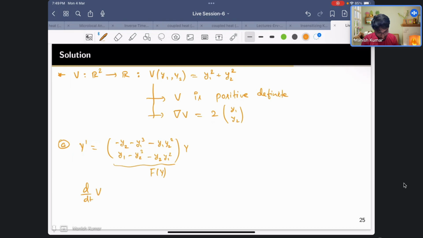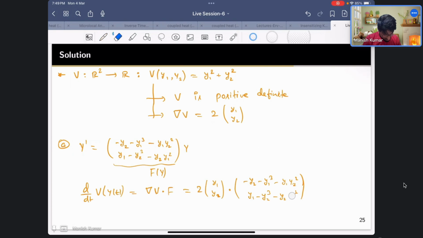So d/dt of V(y(t)) is nothing but grad V times f, that is 2 times (y1, y2) dot product with (minus y2 minus y1 cubed minus y1 y2 squared, y1 minus y2 cubed minus y2 y1 squared). Now if I take the dot product,